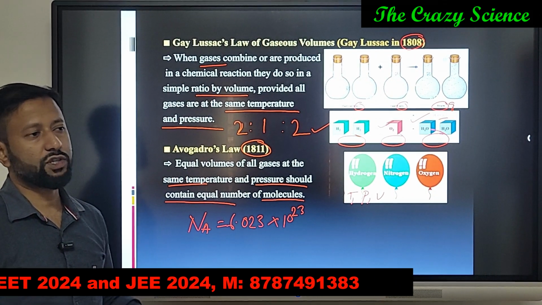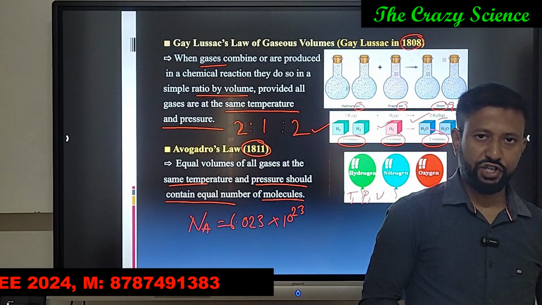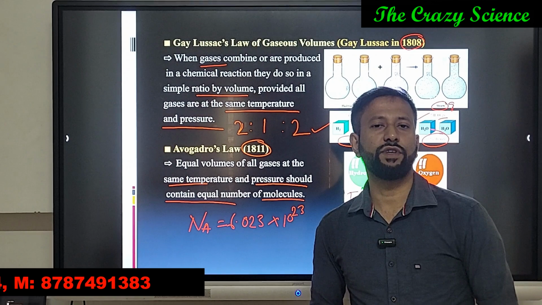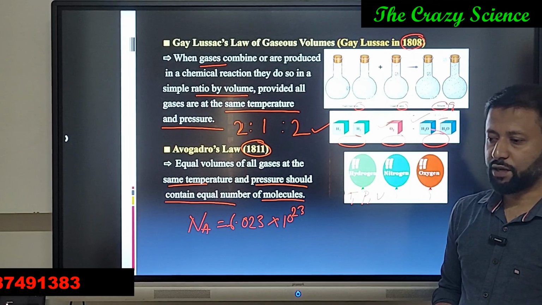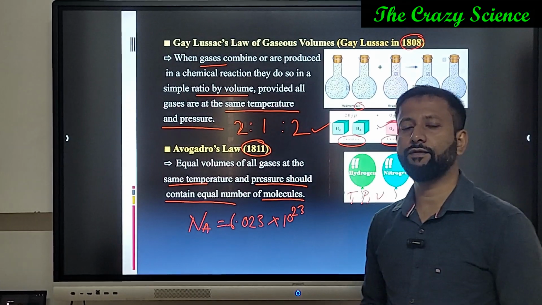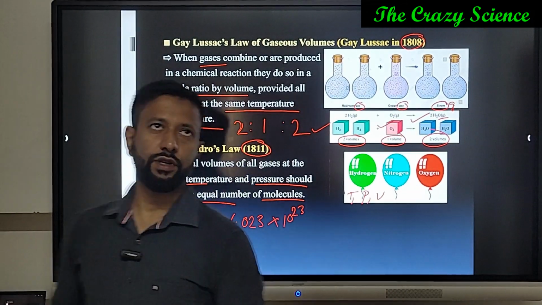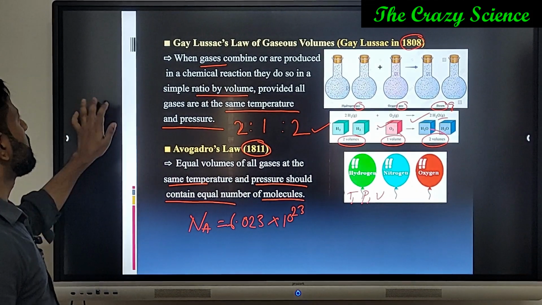These 5 basic law, first one is law of conservation of mass, the second one is definite proportion, third one is multiple proportion, fourth one is Gay-Lussac's gas volumes law, and the fifth one is Avogadro's law. Now we are proceeding to our next topics, that is